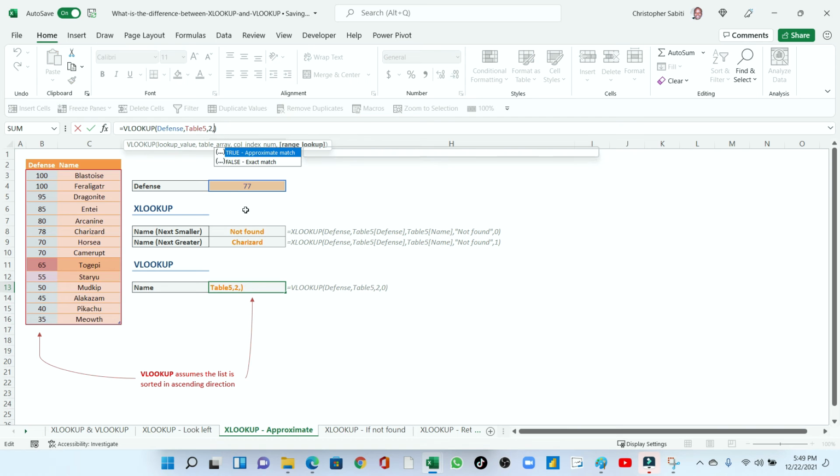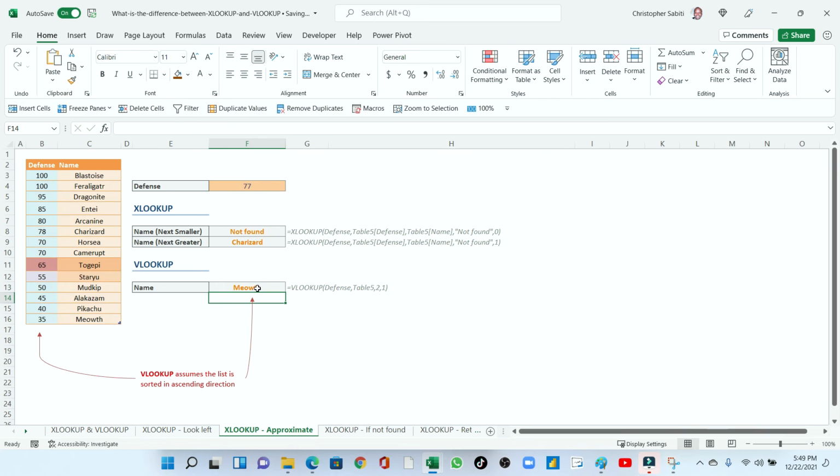So VLOOKUP has two options, true and false. So when I say a 1, that one is an approximate. It is going to look for something approximately to 77, and it is picking for us a Mioth, which is 35.